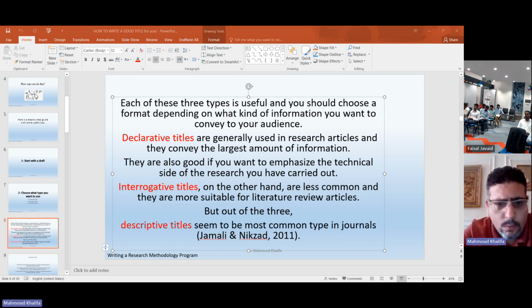Now we move to talk about the variables in the title. As we know, we have two variables in the titles, and you, as a researcher or as an author, want to differentiate between the two